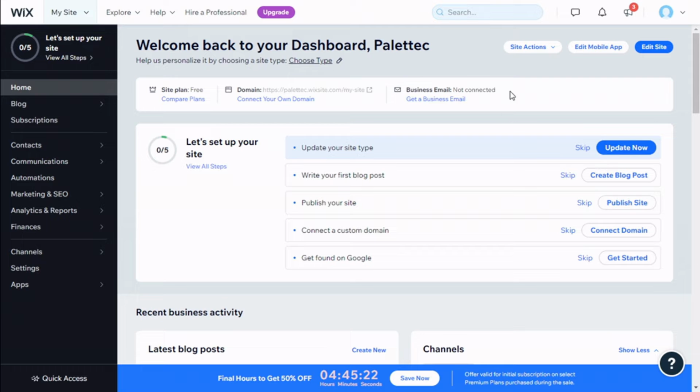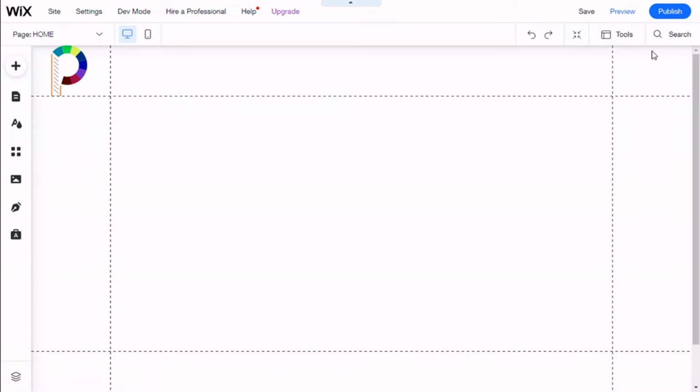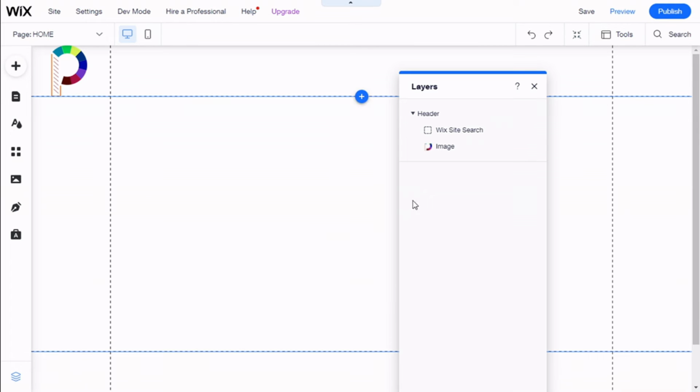To do that, we need to go over to the top right and click on Edit Site. There we go. Now, to use the Layers Selector, we need to go to the lower left of the screen, where it says Layers, and if we click, it will open the layer window, and we can select the different components of our site. For example, if we select the header,